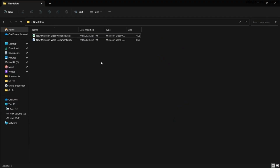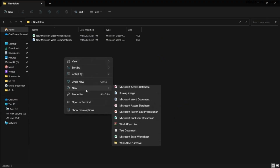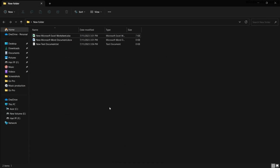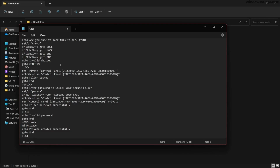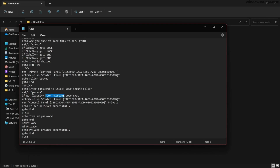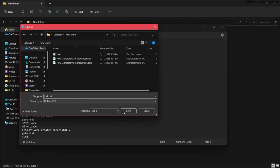any folder containing files. Here, create a new text document, and I will open it, and I'm gonna paste it, and from here, rename your password characters, and this is going to be a password. But now I'm gonna select FFF123, and I am going to save it as auth.bat here, batch file,